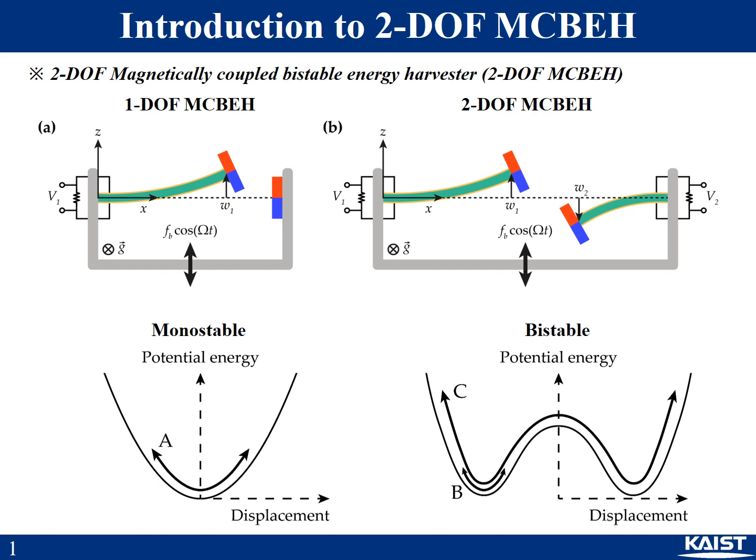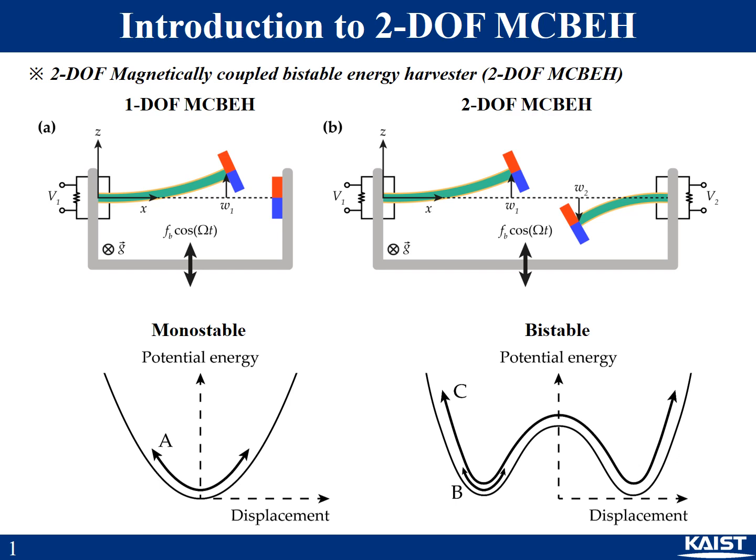Figure A on the left side is the 1DOF case. There is a cantilever beam and a permanent magnet is attached at the tip of it. The beam is a piezoelectric bimorph beam. As shown in the figure, the metal shim is sandwiched by the piezoelectric composite material, and the external load resistance is connected to the piezoelectric part. When the device is subjected to an external harmonic vibration, the beam oscillates and the voltage is generated across the